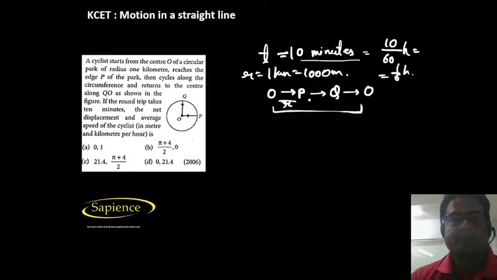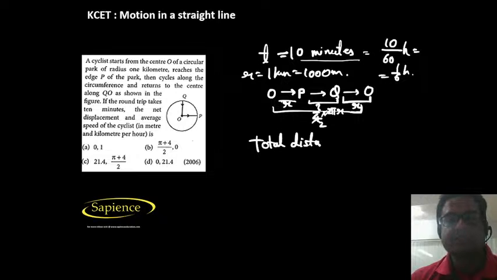Then from P to Q, the length is 3/4 of the circumference. So I can say it is 3/4 into 2 pi r. Then from Q to O, the length is also the radius. So the total length that is covered, or the total distance covered,